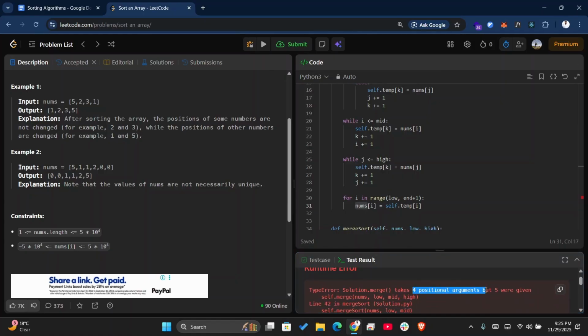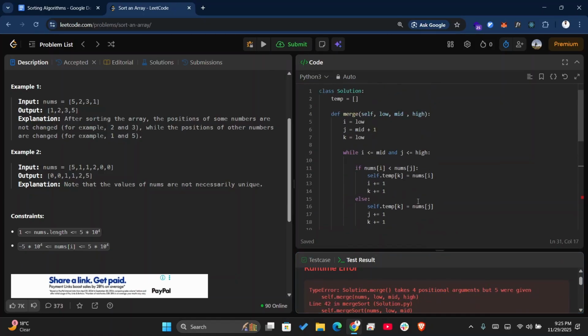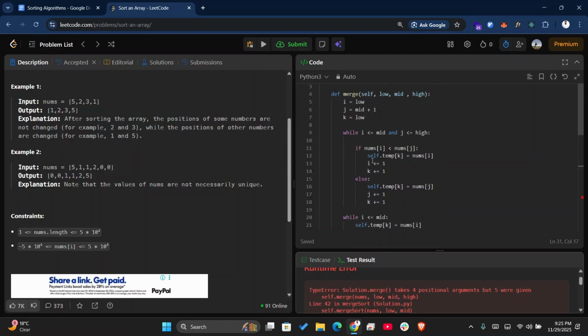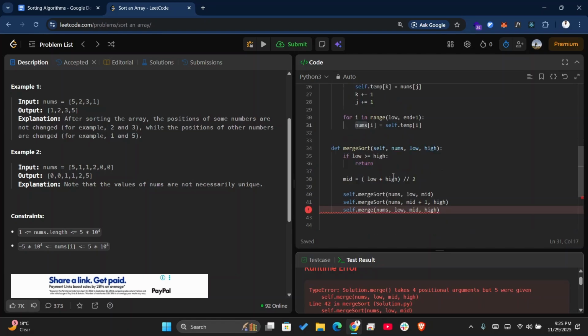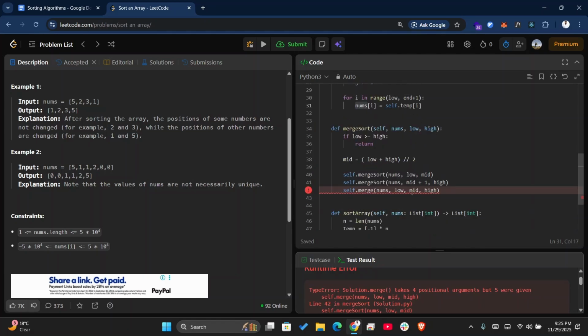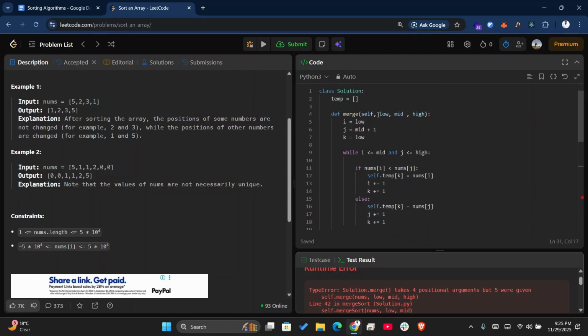Okay, the merge takes 4 positional arguments, but 5 were given. Okay, so let's see what the issue is. Low, mid, and high merge. Okay, self dot merge low, mid, and high. Self dot merge nums, low, mid, high. Okay, so